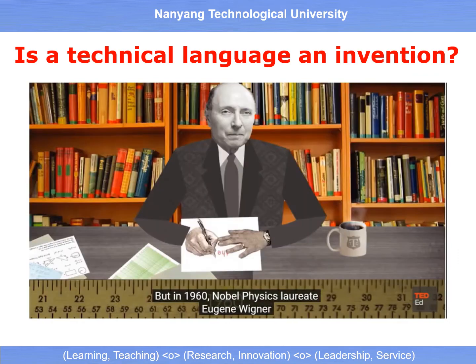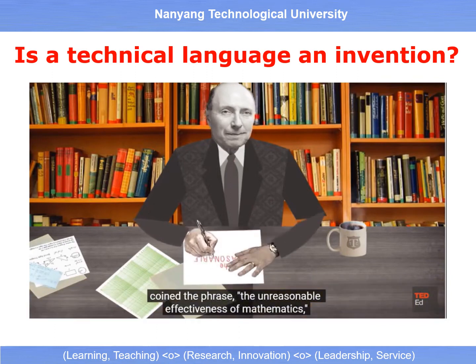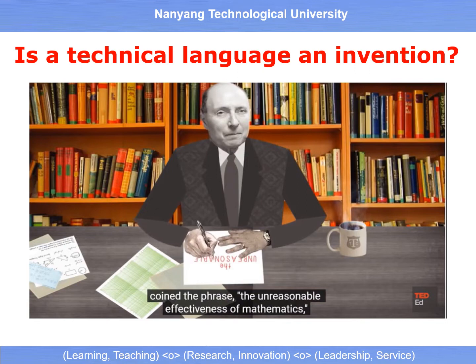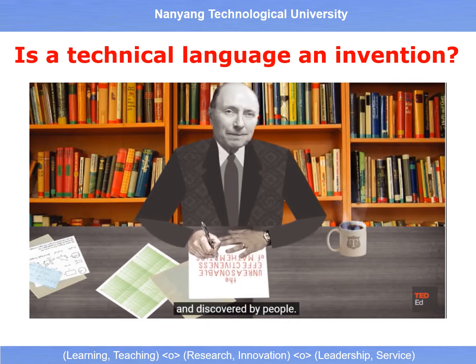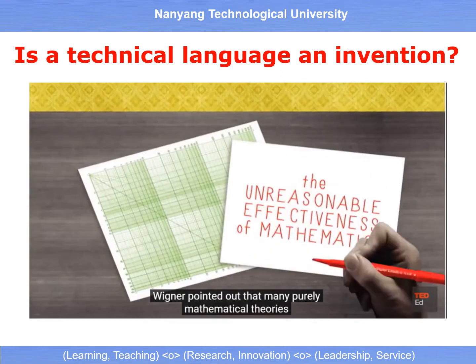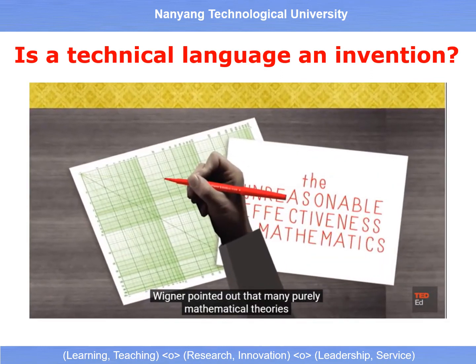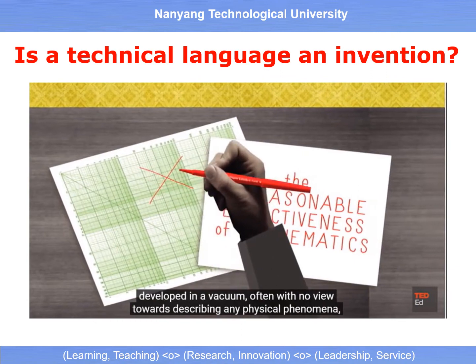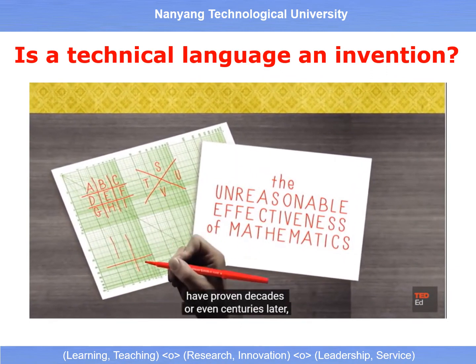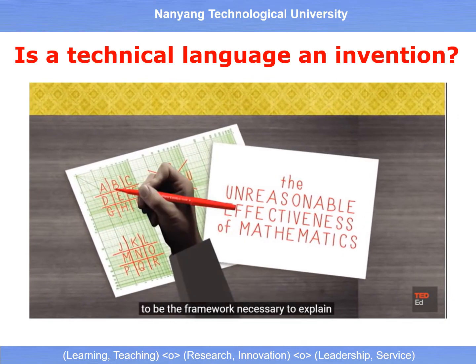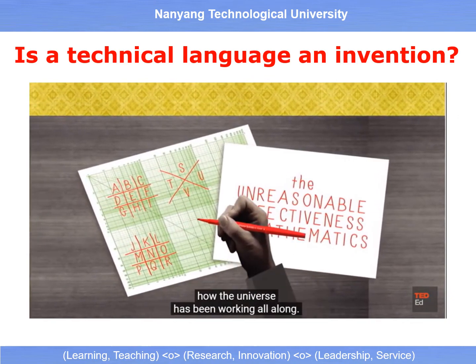But in 1960, Nobel Physics laureate Eugene Wigner coined the phrase the unreasonable effectiveness of mathematics, pushing strongly for the idea that mathematics is real and discovered by people. Wigner pointed out that many purely mathematical theories, developed in a vacuum often with no view towards describing any physical phenomena, have proven decades or even centuries later to be the framework necessary to explain how the universe has been